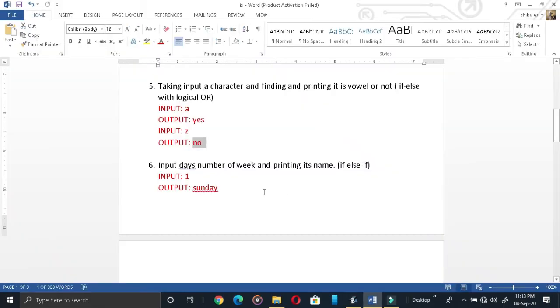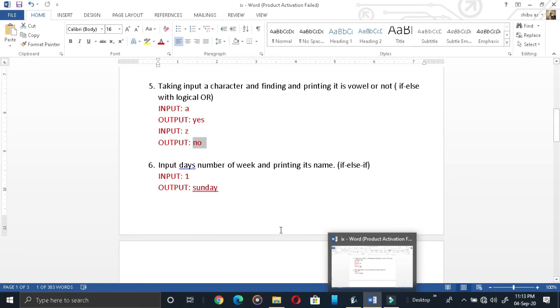Next, you are going to input a day number of a week and print its name. Suppose you are entering 1, what will be printed? Sunday will be printed. Okay, and 2 means Monday will be printed. That's all. So that is your question.